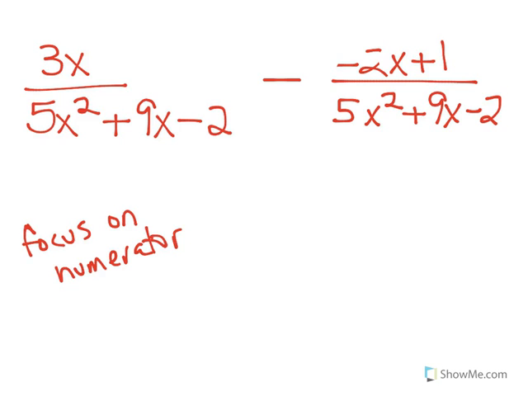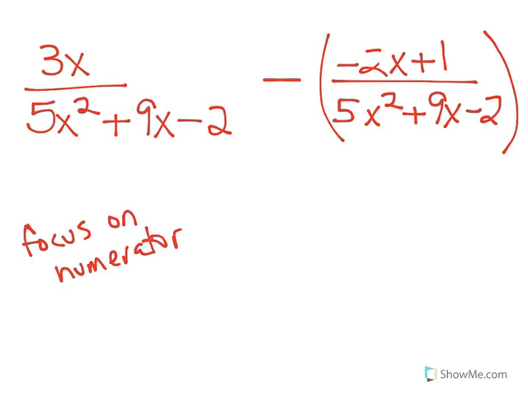In this example, 3x over the trinomial 5x squared plus 9x minus 2, and we're subtracting the entire quantity, negative 2x plus 1 over 5x squared plus 9x minus 2. We have the exact same denominator, so we don't need to worry about creating like denominators. But what we want to do is focus on that numerator. I put a parenthesis around it so that you can see we're subtracting the entire